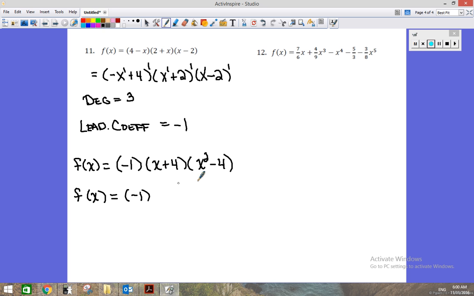If I distribute the x through, I'll have x cubed minus 4x. If I distribute the 4 to both of those terms, I'll have 4x squared minus 16. If I distribute the negative sign through,